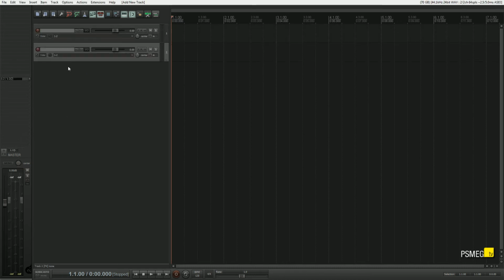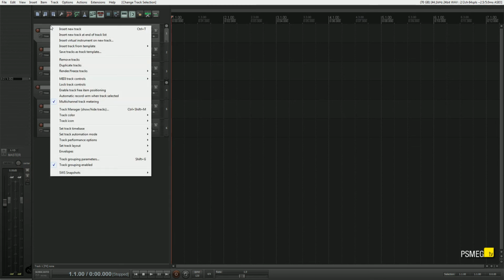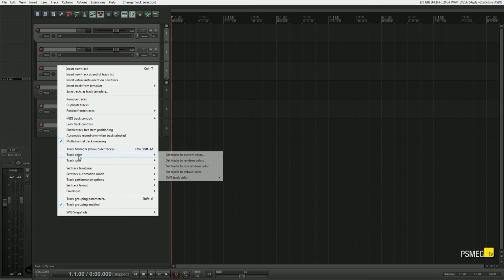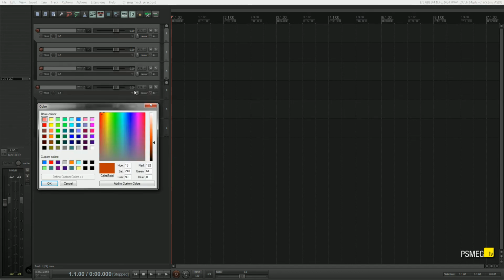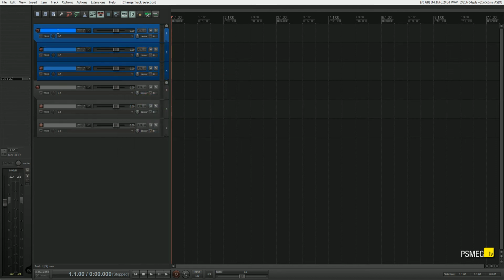So let's just quickly create a couple of new tracks. I'm not going to worry too much about what they are. I'm going to set these up to be some parent folders and things like that. I'm going to set one up for our bass. So I'm going to quickly color code these. I'll select 3 tracks, set track color, and we'll set that to one of my chosen colors, which in this case will be blue, and we'll name this